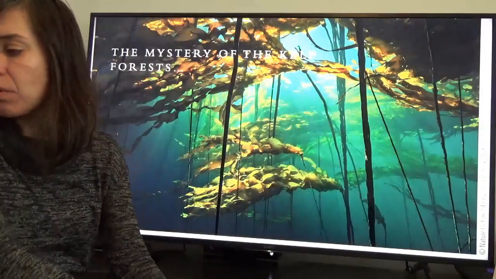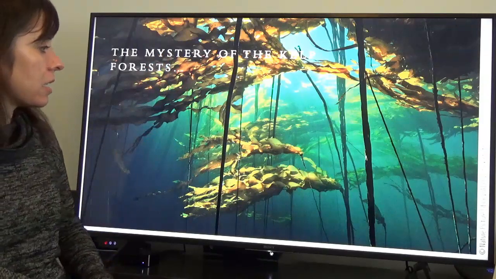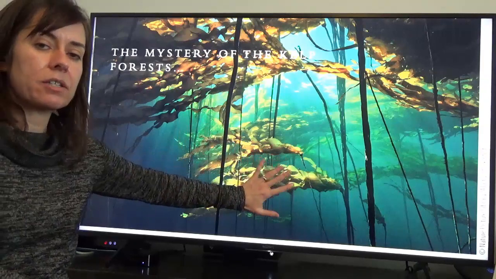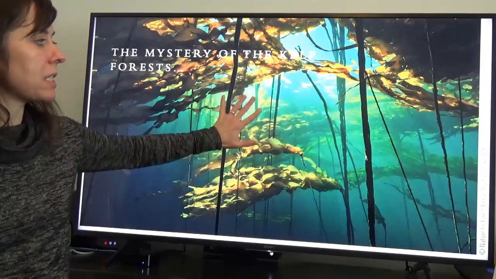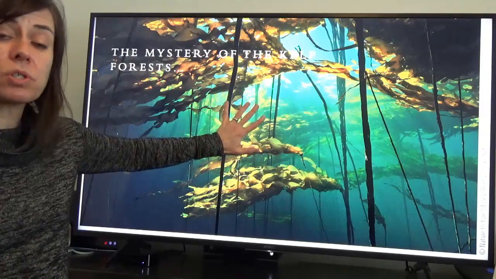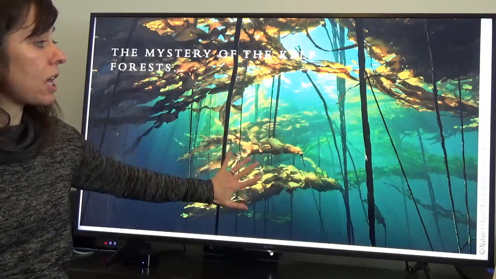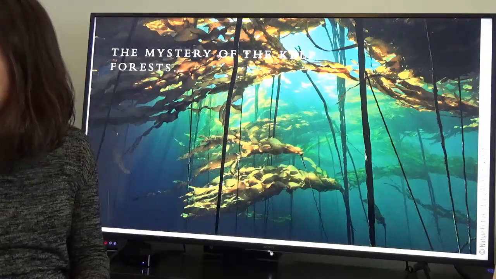Okay, so we are almost to the end. We're back to the mystery of the kelp forests. If you remember, we had these kelp forests that were declining. So the distribution of these important dominant species in these coastal marine ecosystems was declining, and this was having big impacts on the health of those coastal areas. And in fact,